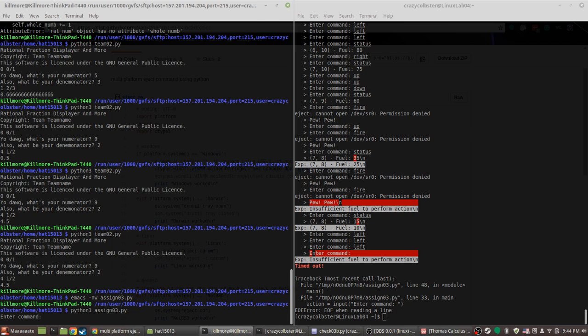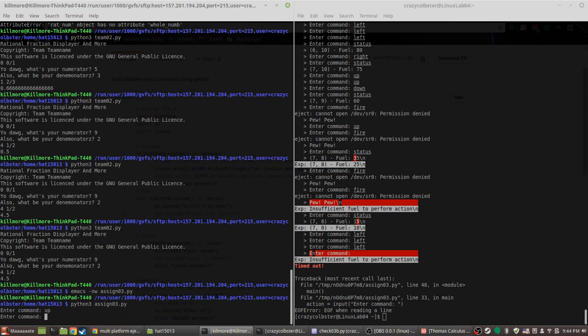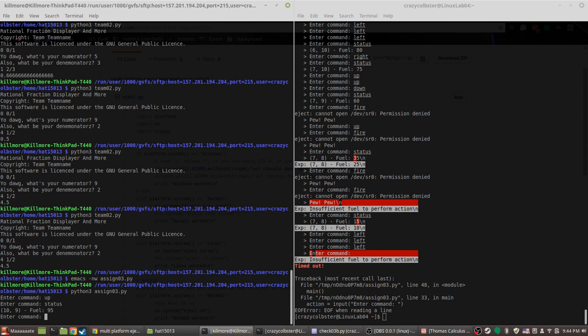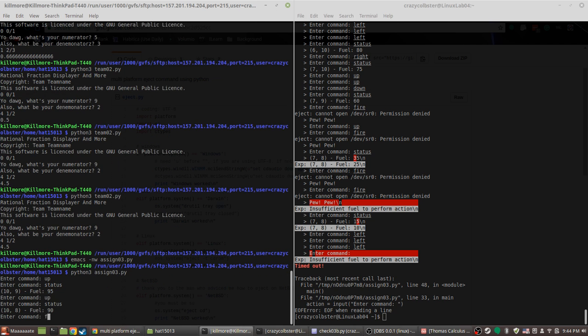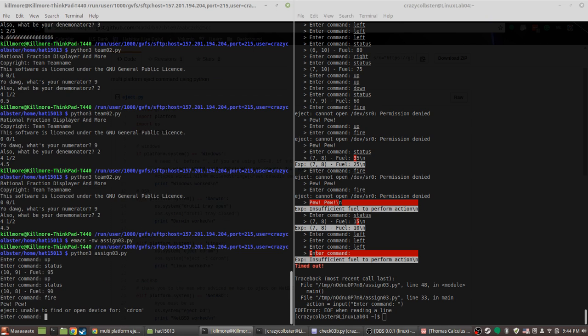Enter command. Up. Status. Up. Status. Fire. It's working. I'm going to send you this file after I'm done with it. It says eject unable to find or open device for CD-ROM.